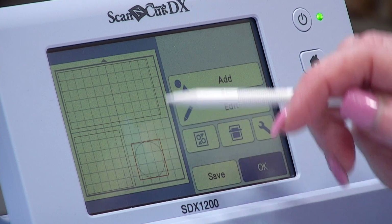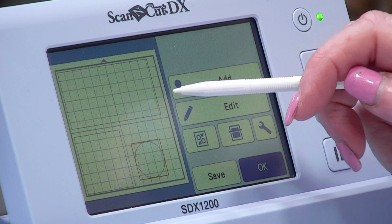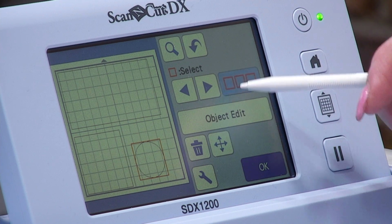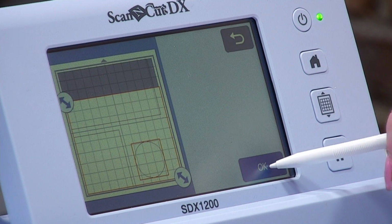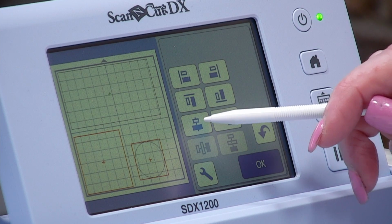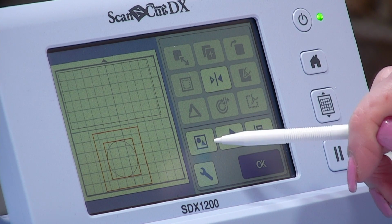So I want to put that in the middle of there. Well, I actually want to put that in the middle of the front of the card, but there's no way of aligning that. You could align it to the top and the right, but then you'd have to count down and count across. So what we're going to do is use a square as our positioning guide. So we're going to go to Edit, Multiple Select, Part of the Mat, drag over that large rectangle, press OK, and align the circle to the square. So directional arrows, alignment function, align it centrally vertically, centrally horizontally, press OK twice,